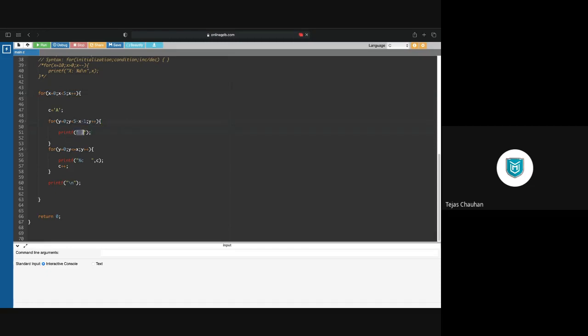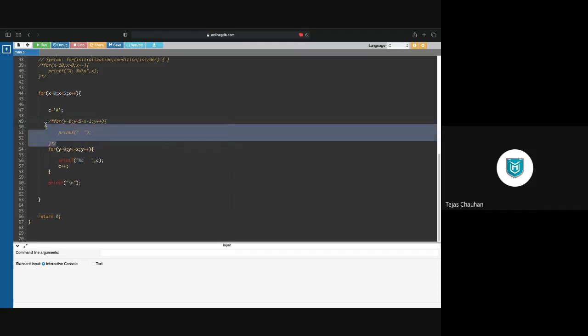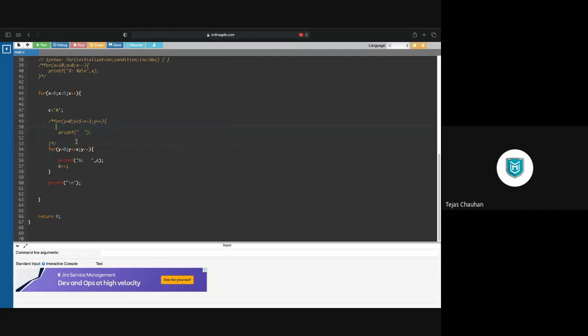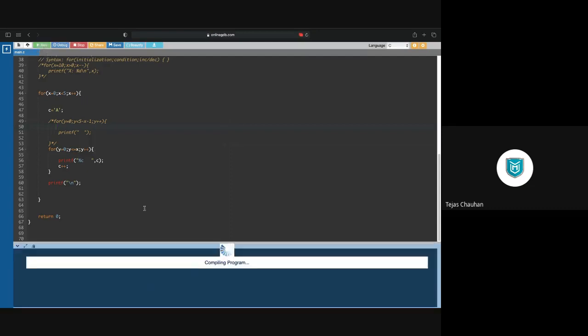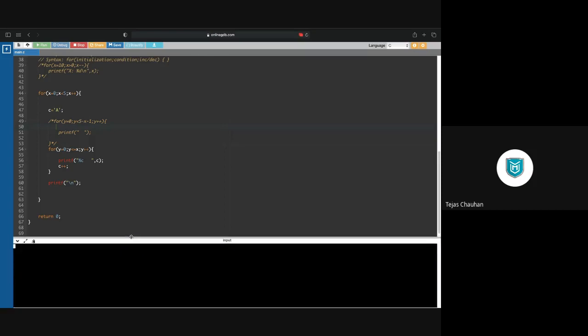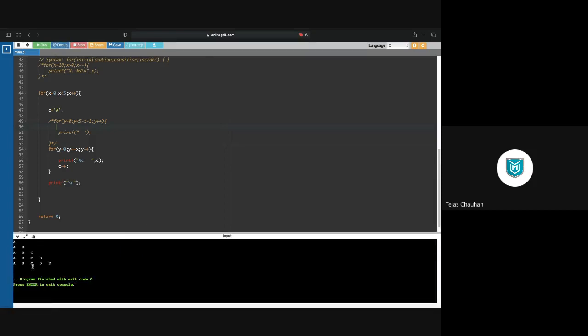Now we do not want empty spaces in between, so we can comment this out. We don't want prefix spaces. We simply want the upper triangular matrix. Now this is going to give you the lower triangular matrix. If I run this one, let us have a look at the output. Okay, so this is the lower triangular matrix.